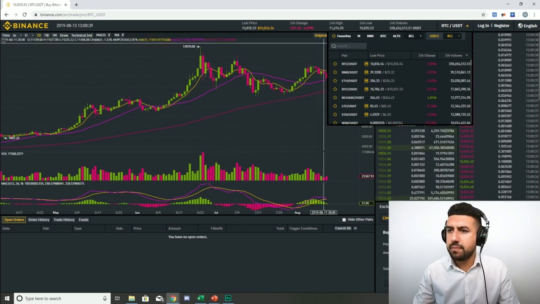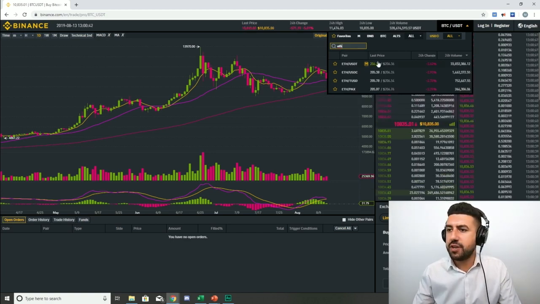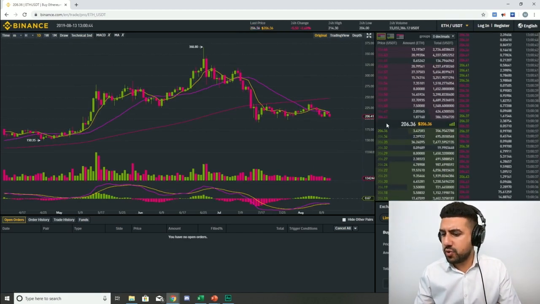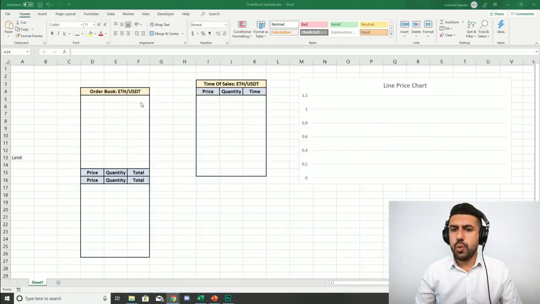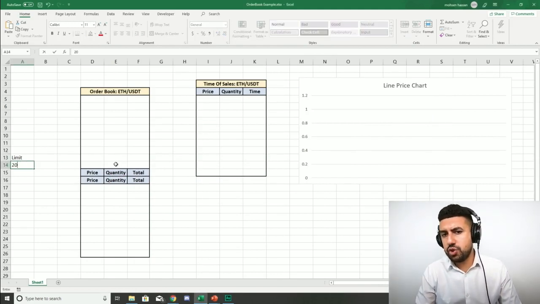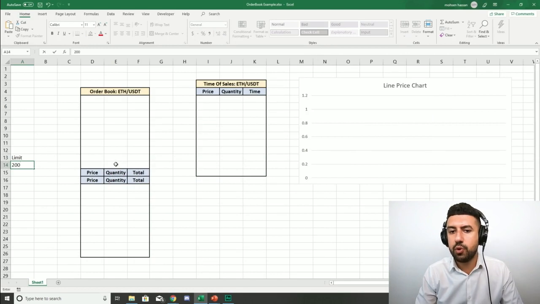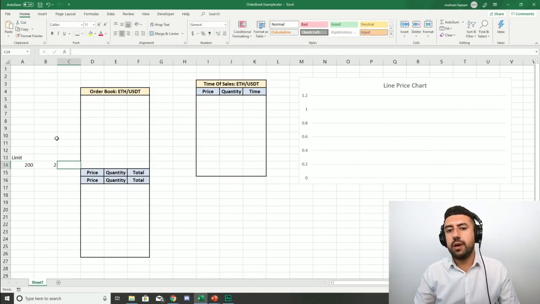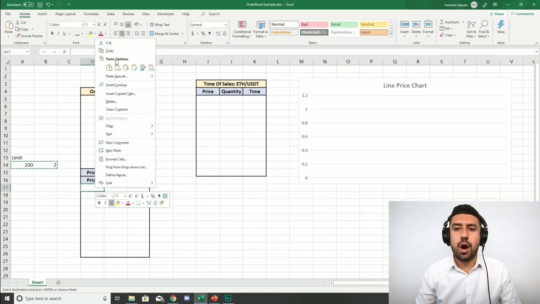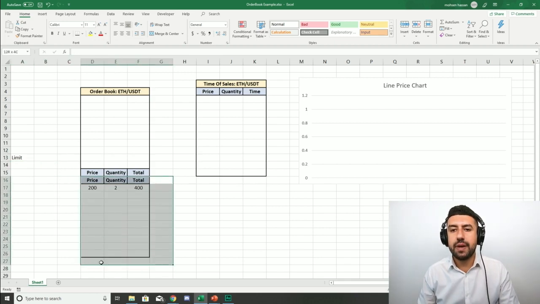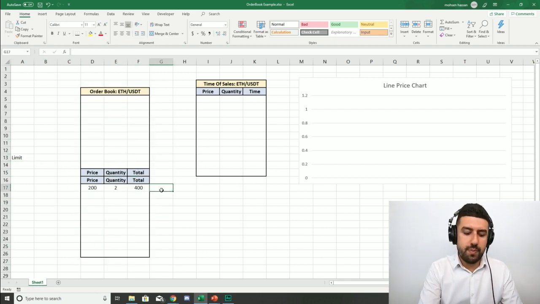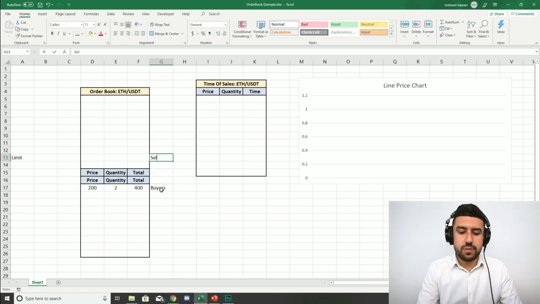If you want to buy Ethereum, we put ETH here, Ethereum USD. Okay, so it is actually trading at around $200, so that's great. So let's say you're a buyer and you want to buy at $200. You're willing to pay $200 for this crypto and you want to buy 2 Ethereums. Well, this is your order. It's a limit order. What happens is it's taken and sent to the exchange and the exchange posts it on its order book. So it shows up here on the order book. This is going to be all the buyers and this is going to be all the sellers. Here are going to be buyers and here are going to be sellers.